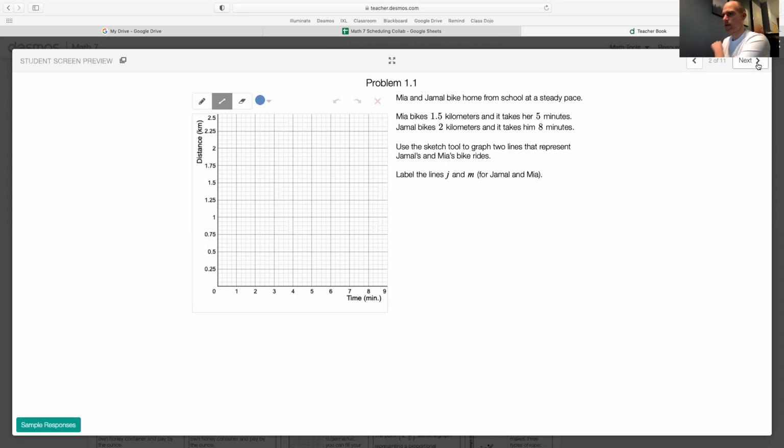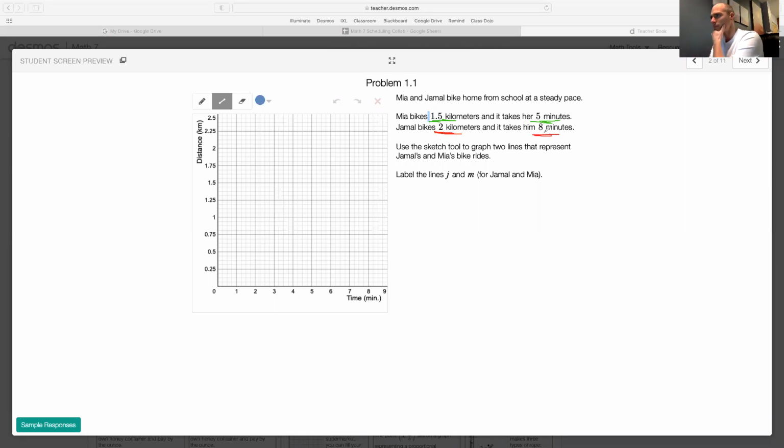All right, so I'm going to circle or underline. Oh, I don't have my drawing tool on. I'm going to underline this information in green to keep track of it. And then Jamal bikes 2 kilometers in 8 minutes. All right, so I'll underline that in red. So everything I do for Mia on the screen will be in green, and everything I do for Jamal will